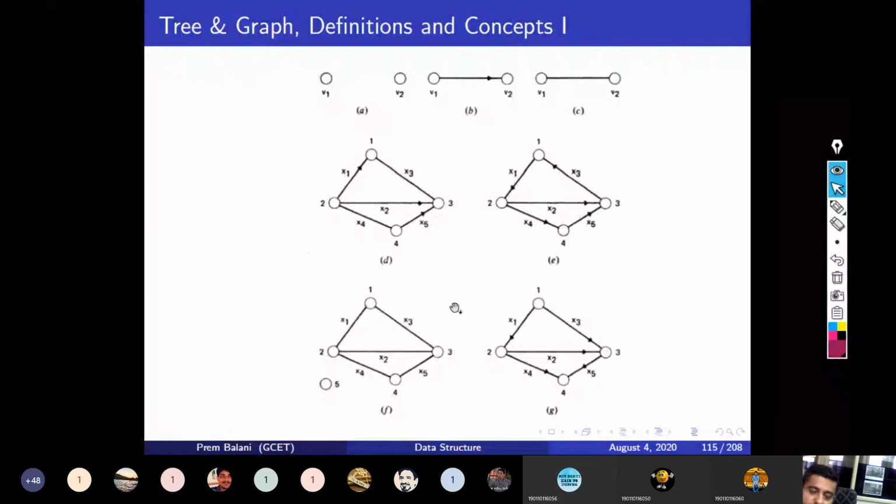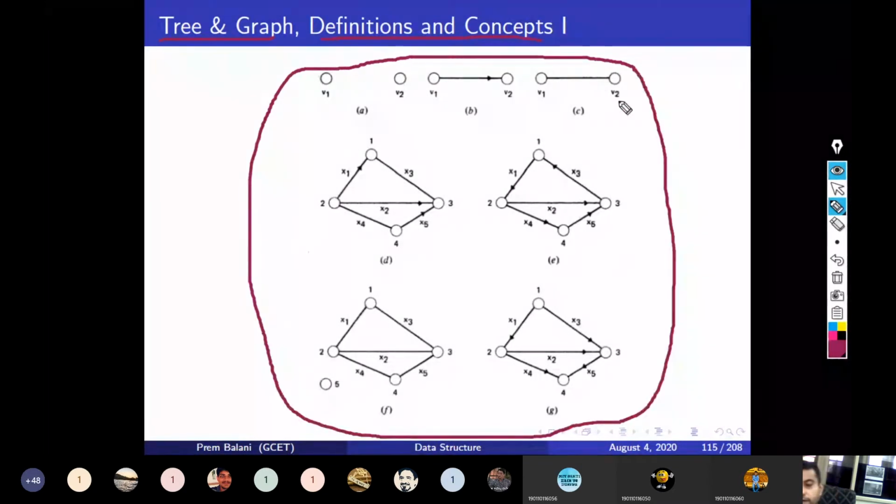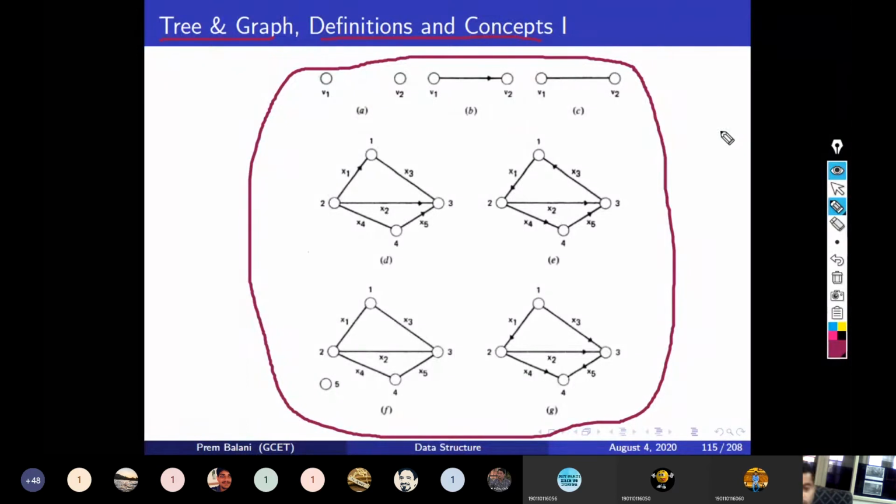so let's go ahead. Now we will see the tree and graphs definition and concepts. Here in this you can see some of the graphs. Please take a screenshot of this, so that on the next slides when we go ahead, you can use this image to understand, right? Otherwise I would also be displaying this image. Okay,